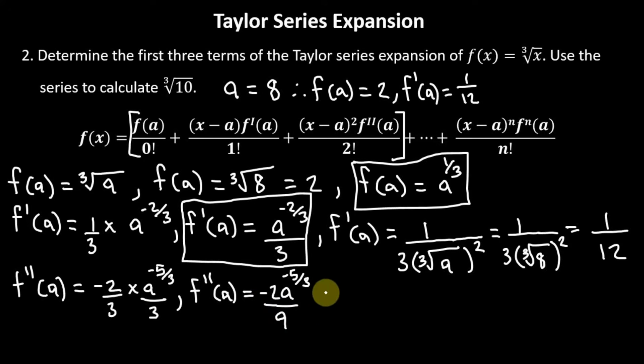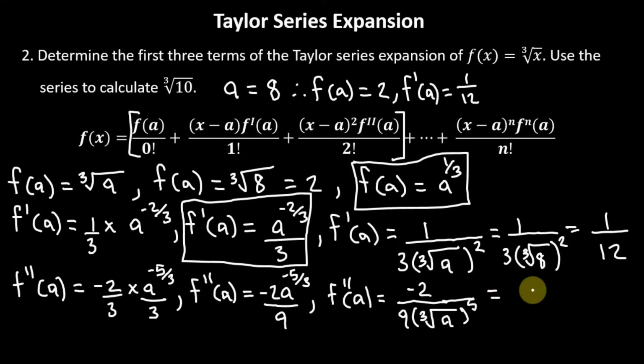And where do we go from here? Of course guys, we can clean this up a bit more using the law of indices, so it's probably easier to work with. So here we'll have negative 2 over 9, and in bracket here we'll have the cube root of a raised to the power of 5,